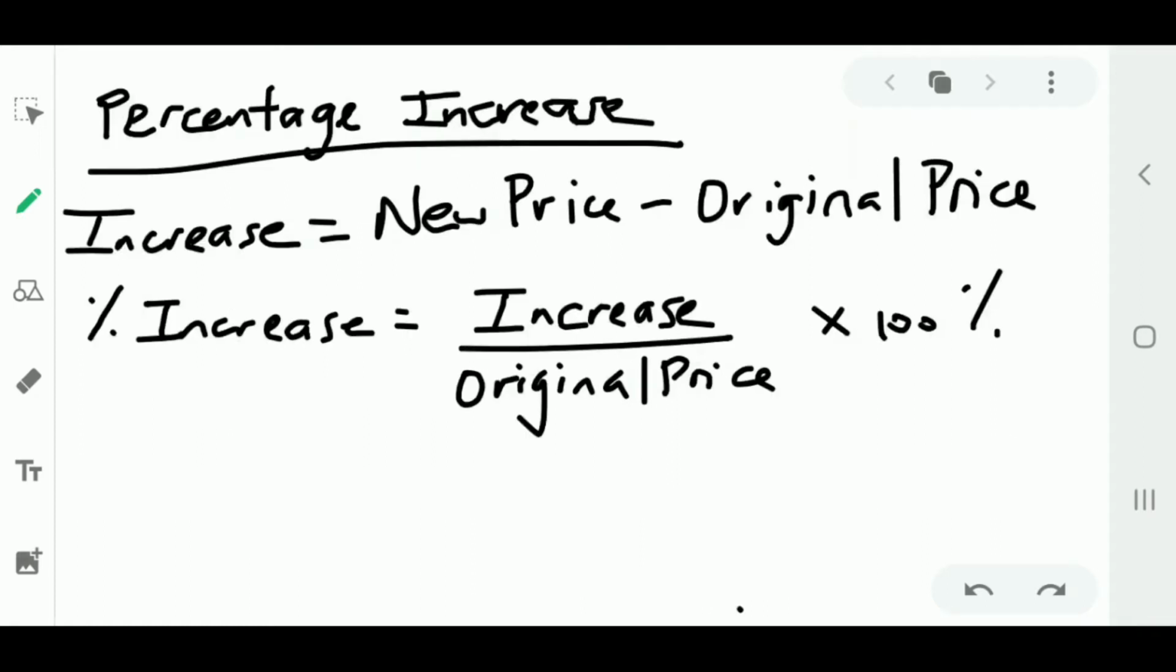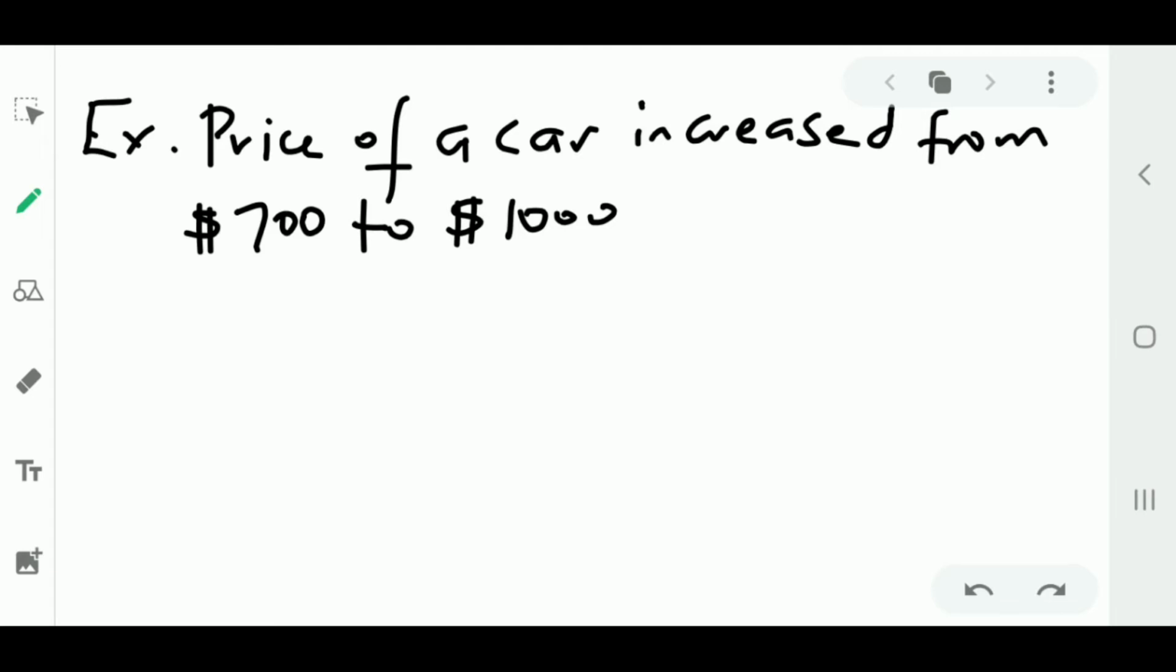Now we're going to do percentage increase. Now with increase, it is the opposite of decrease. So initially, we have the new price minus the original price, right? And the percentage increase is the increase over the original price times 100%. Now we have this example here. The price of a car increased from $700 to $1,000. So first thing we do is find increase,